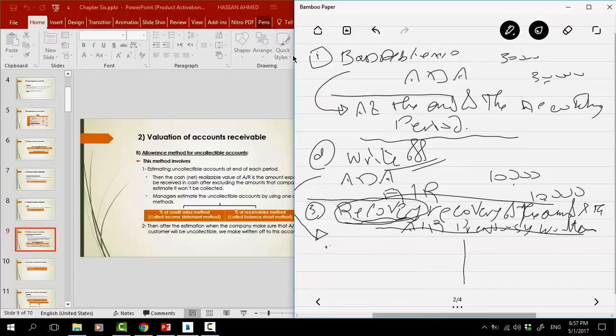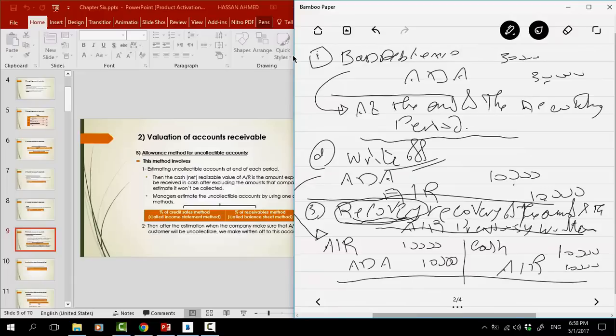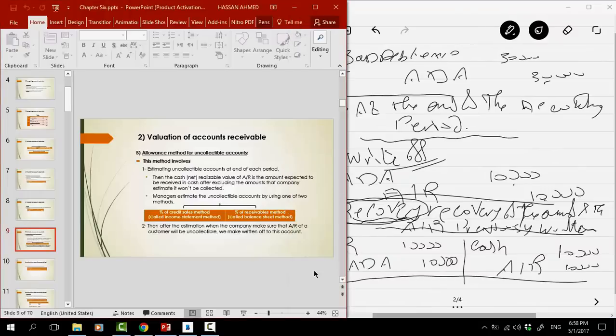Then what will be the journal? We will write accounts receivable and ADA to cancel the write-off. Then we have collected the receivables, then we will write cash and accounts receivable. Then the recovery will be recorded in two journal entries. Okay,